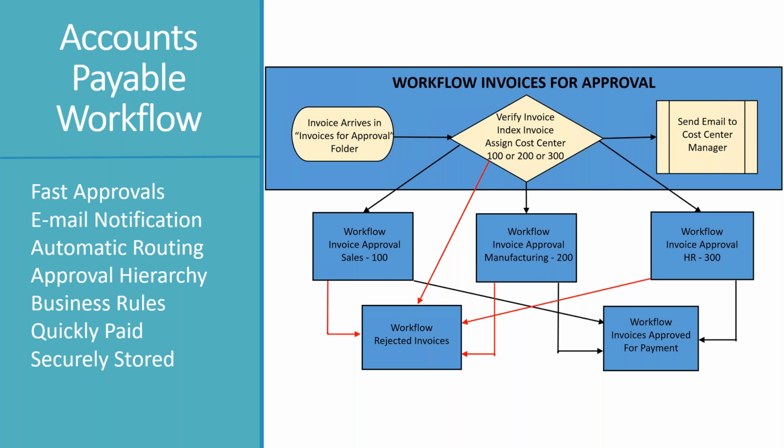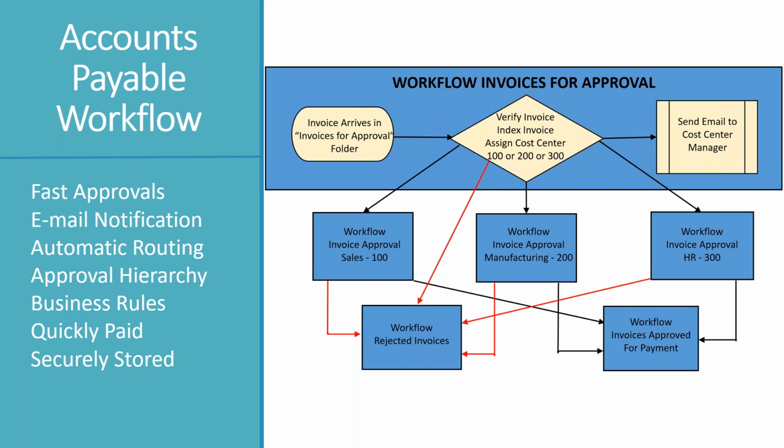What you're looking at here, each one of these blue boxes is a workflow, and underneath them are business rules that Dokmee uses to automatically route the invoice through the approval process. The top workflow has been expanded. Here's how it works. An invoice is going to come in. It's going to be verified. A cost center is going to be assigned to it. A notification email is going to be sent automatically, and it's automatically going to be routed to the right department